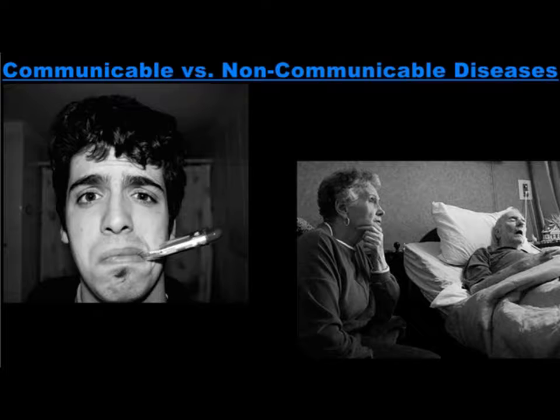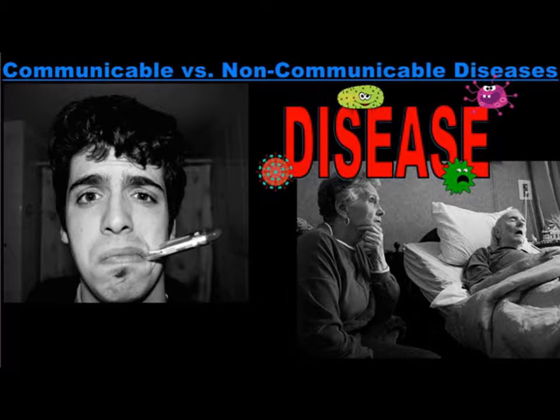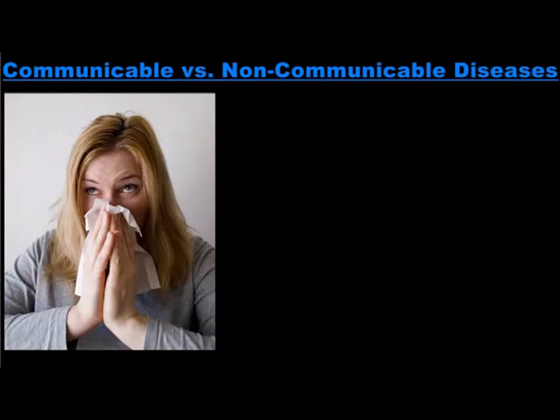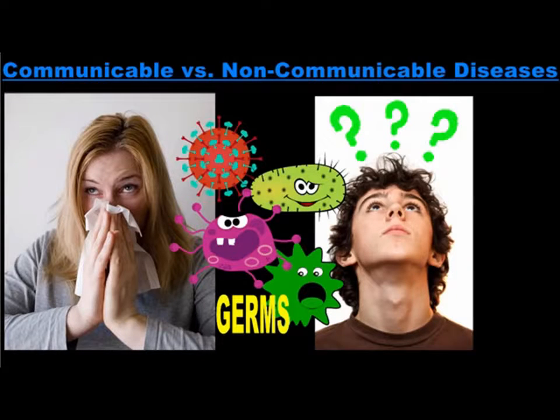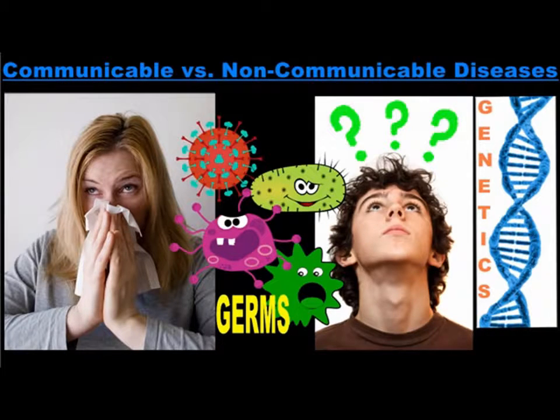Everyone experiences illness now and then. In fact, part of what makes us human is that we are susceptible to disease. If you've ever been sick, and most likely you have, you've probably found yourself wondering how you got sick in the first place. There are many causes of disease, from germs to genetics, but all diseases can be placed into one of two categories: communicable or non-communicable.